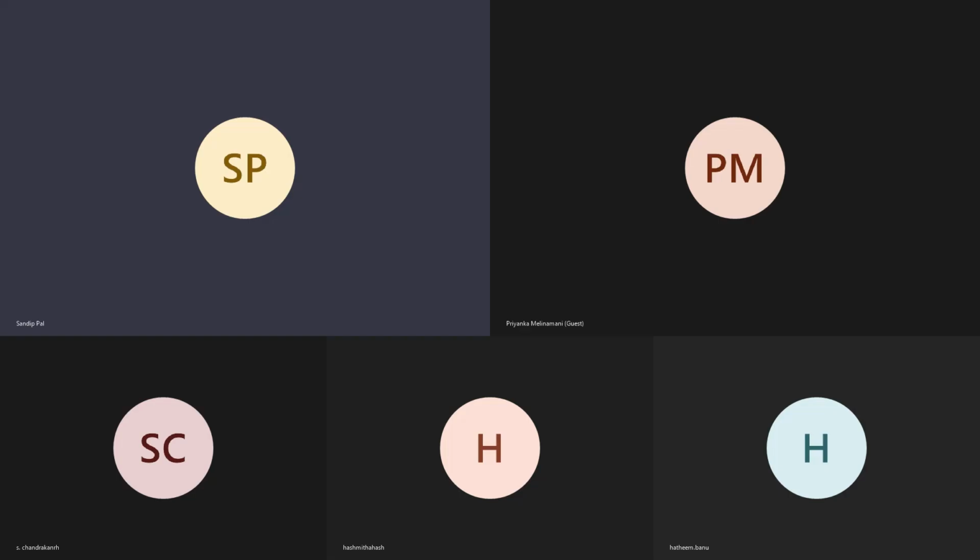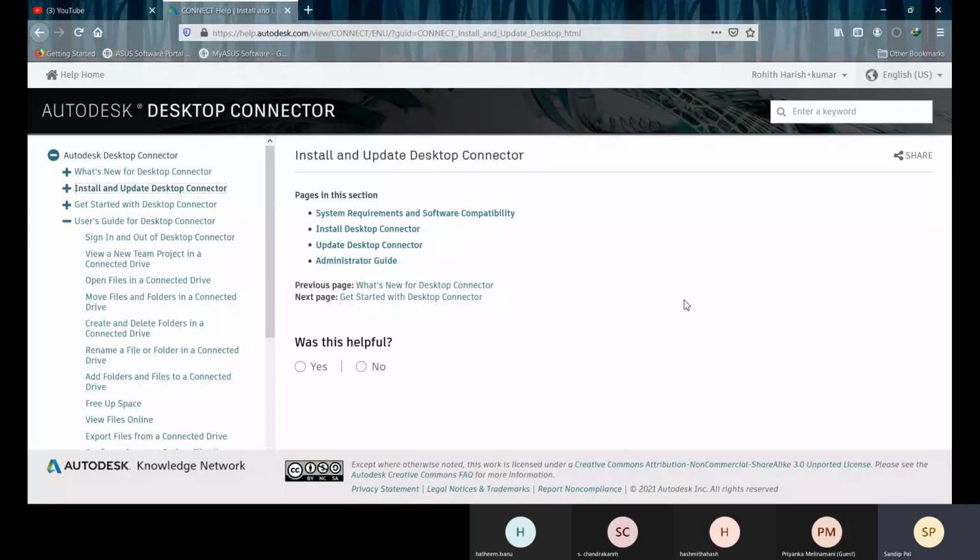What you need to do after doing all the collaboration in BIM 360 is install another plugin or software, the Desktop Connector. It will connect your desktop to your BIM 360 so that you can open files directly within your desktop in Revit without opening your BIM 360 account.